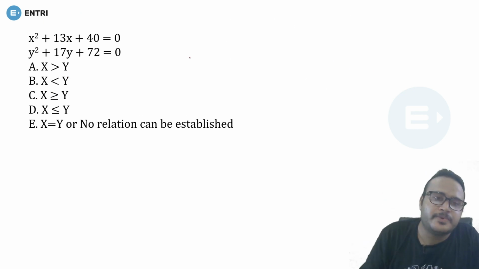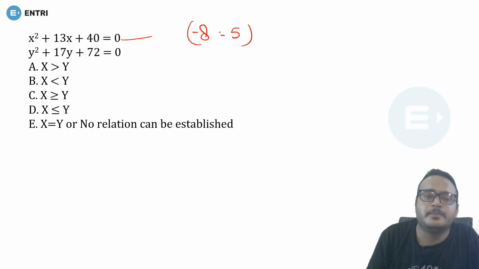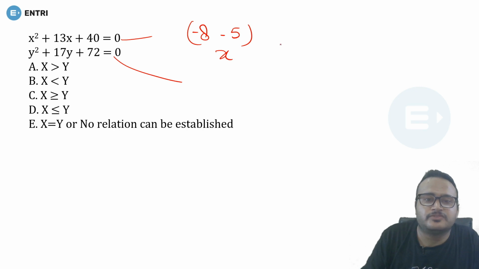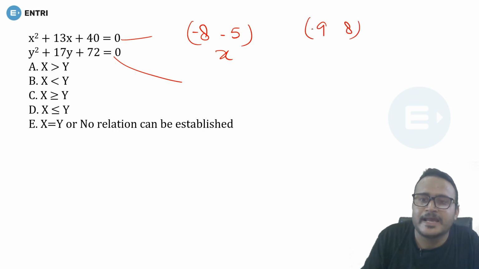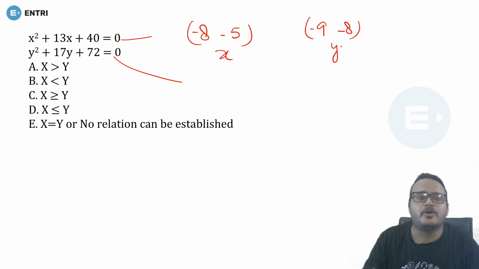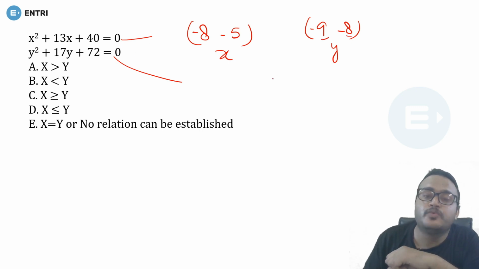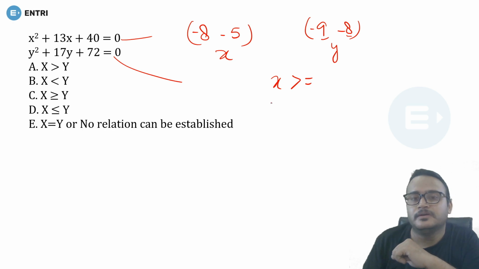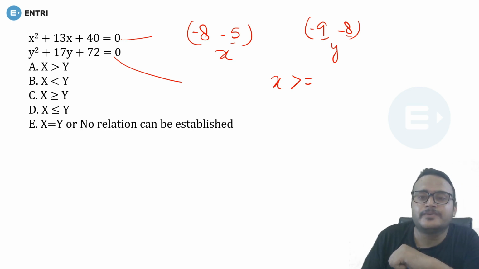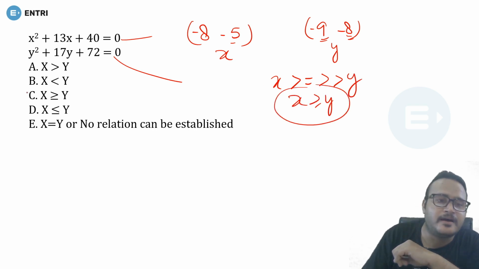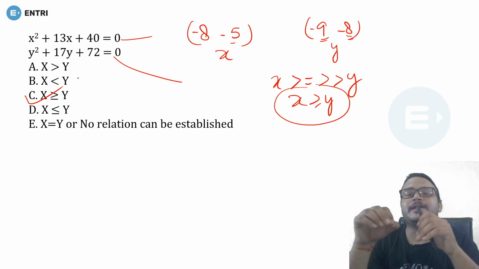Okay, this is going to be the next question. So guys, 8 5 is 40, we know that, and minus 8 minus 5 will be the factors of x, or you can say values of x. Okay, and this will be 9 8 is 72, and minus 9 and minus 8 will be the values of y here. Minus 8 is greater than this value but equal to this value. So guys, you can write it like this, and minus 5 is greater than this and greater than this also guys. Okay, so x is greater than equal to y will be your right answer without doing anything.